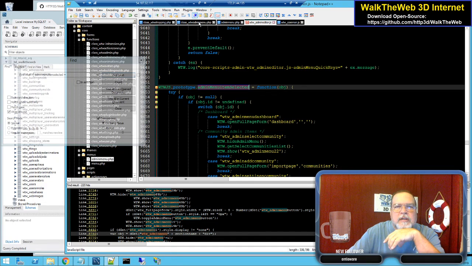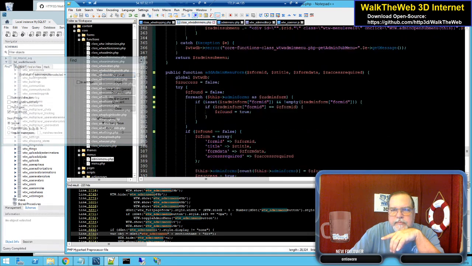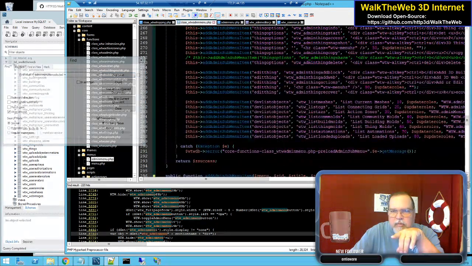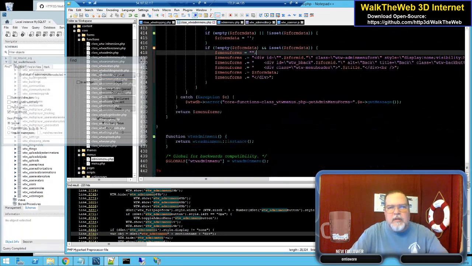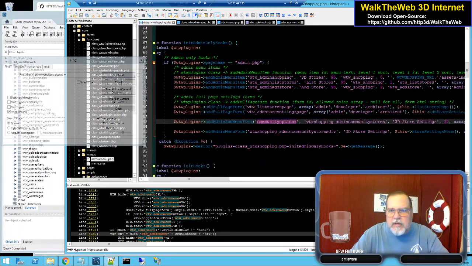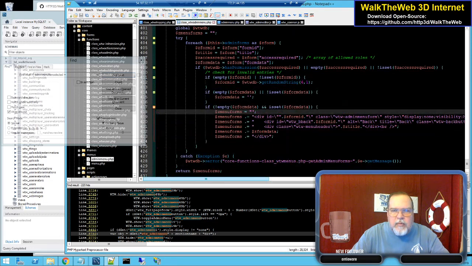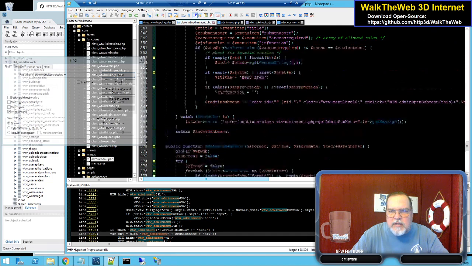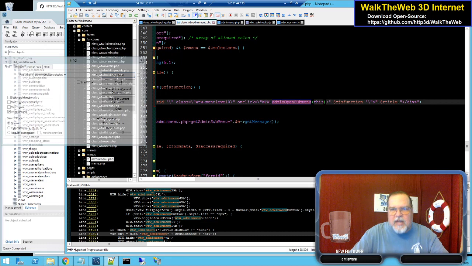Is that what I'm running? Let me double check. When I do this and I click on an item, I have the wrong function running because I do not, whoops, I'm going to the wrong place, sorry. Let's leave that where it is. Let's go to this one. When I run this function, oh, I was in the right place. When I add the menu item, which is right here, I'm telling it open submenu item form. That one is not correct. I need that to actually say,